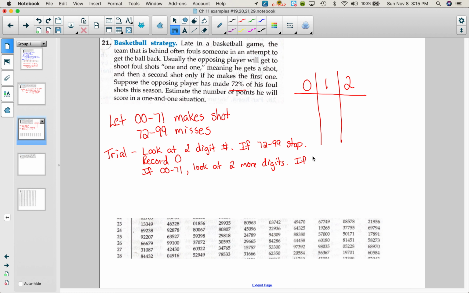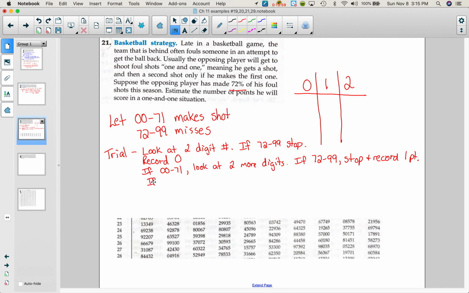If 72 to 99, stop and record 1 point. So let's see, that would be if